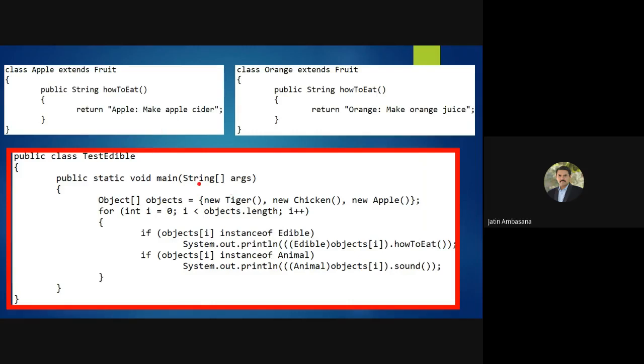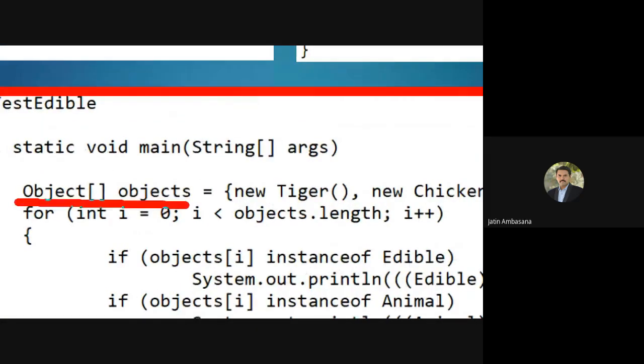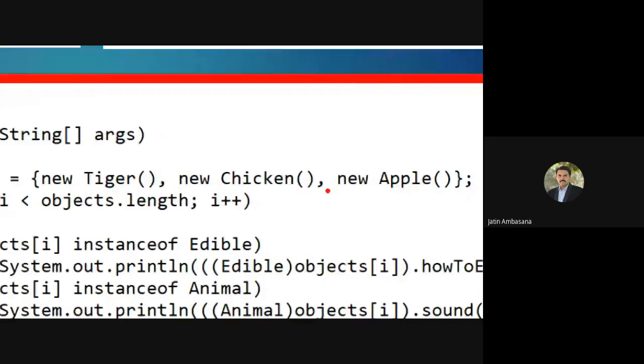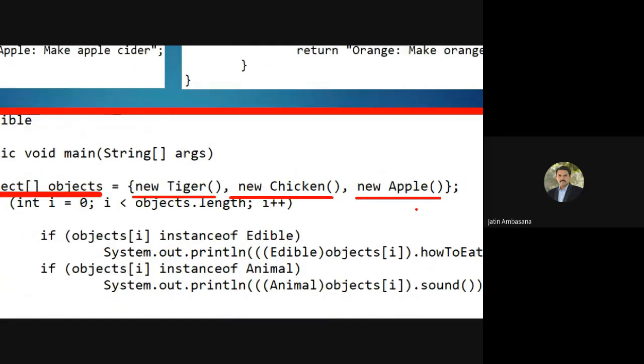So see here what we are doing: we are creating an array of objects. In this array of objects, what are we directly putting? We are putting a tiger object, a chicken object, and an apple object. We are not putting an orange object right now. We are putting just three objects: the tiger object, the chicken object, and the apple object.